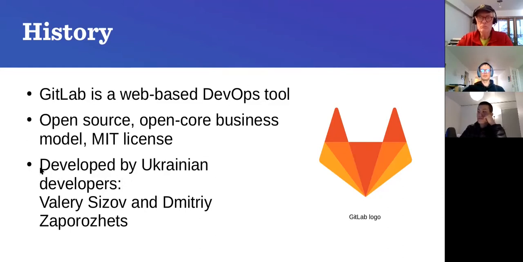And it was interesting for me to find out that it's initially a Ukrainian company, but now, of course, they are based in the US. I think probably in San Francisco, that I didn't find out yet. But these two people, they are the starters of GitLab. At the time, I think GitHub was already there, but I think these guys developed a much more interesting business model. And once I noticed the name Zaporozhets,